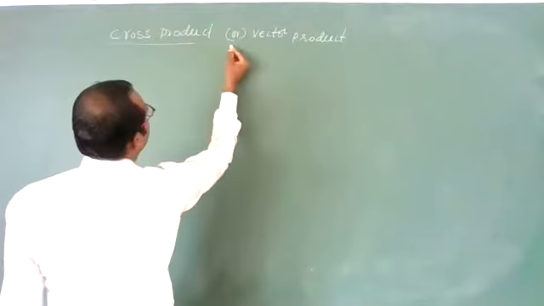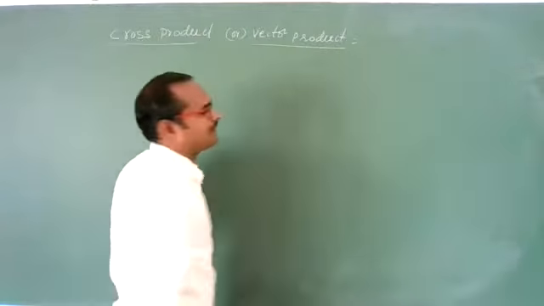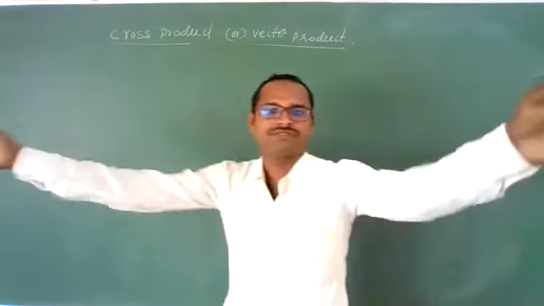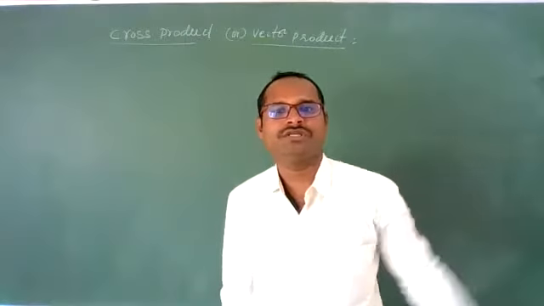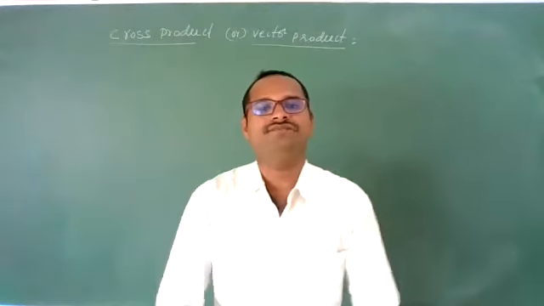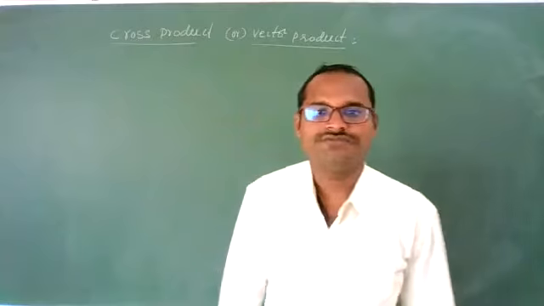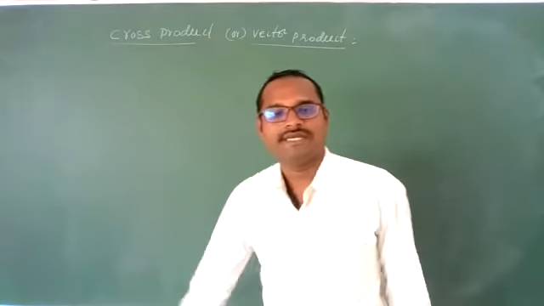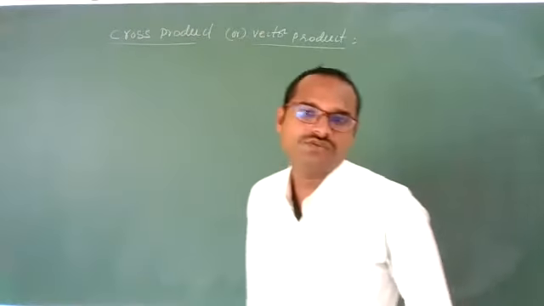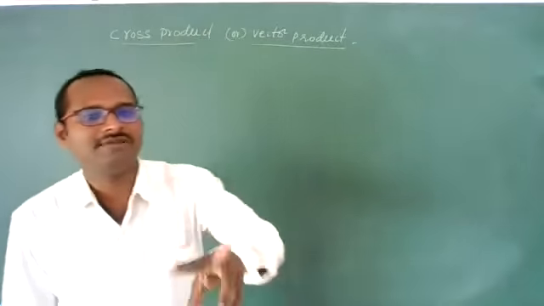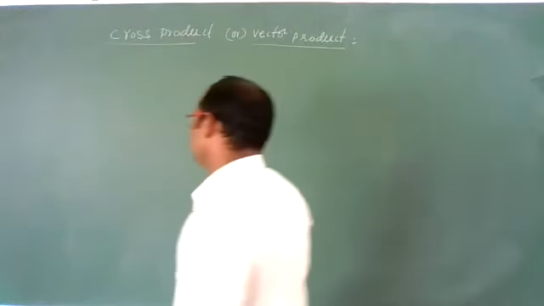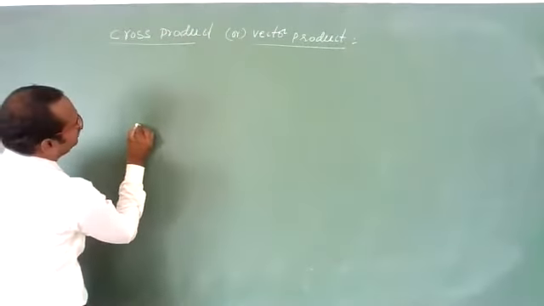What is the cross product or vector product? Why do we call it a vector product? Because when you multiply two vectors, you have two options: scalar multiplication or vector multiplication. If you do the dot product, you get only the magnitude of the product of the two vectors. If you do the cross product, the vector product, you get the direction along with the magnitude. So if you want to get a vector back by multiplying two vectors, you should do the cross product.